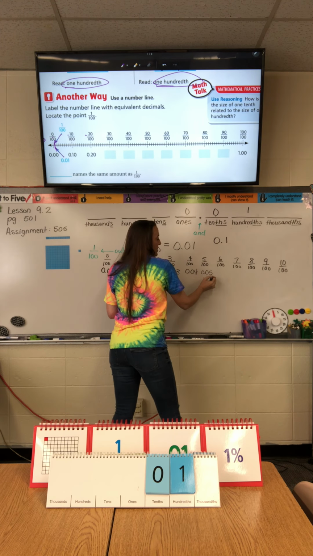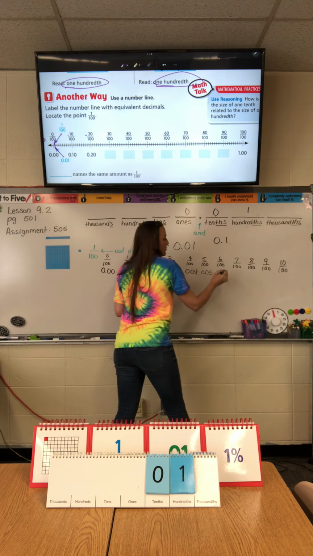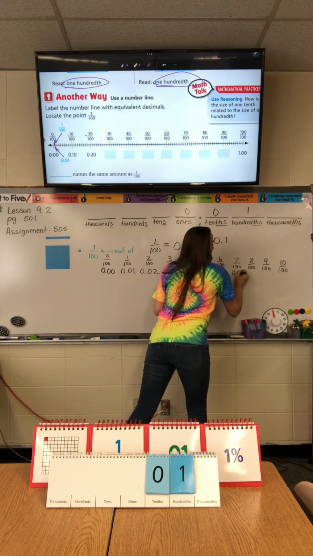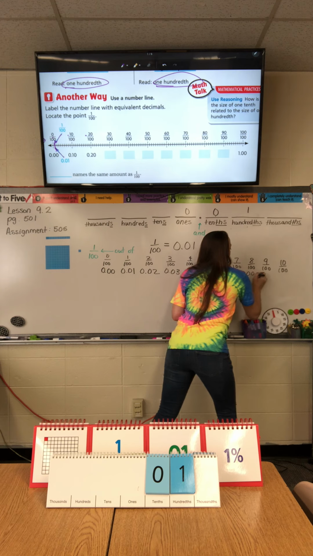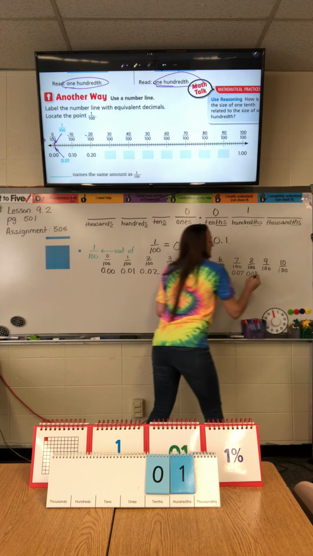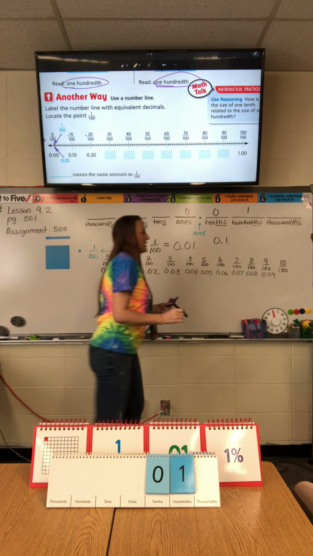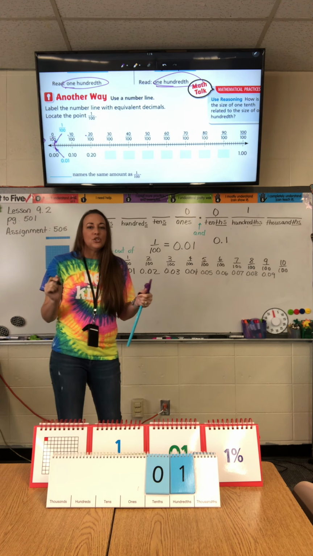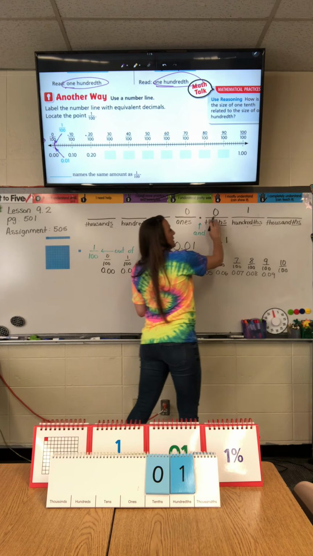0.05 is 5 hundredths. 0.06 is 6 hundredths. 0.07 is 7 hundredths. 0.08 is 8 hundredths. 0.09 is 9 hundredths. Now, when we get to the 10, remember we can only put one digit in each